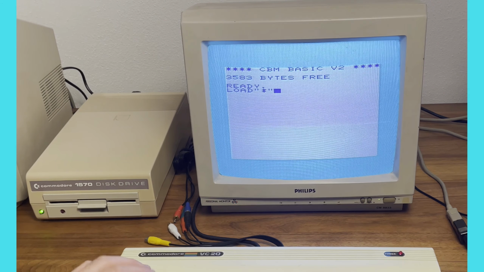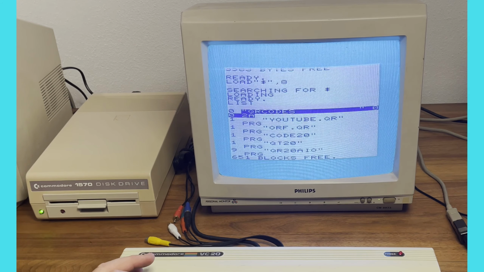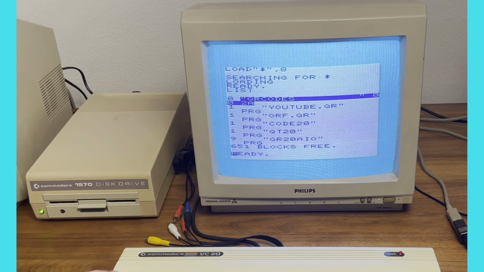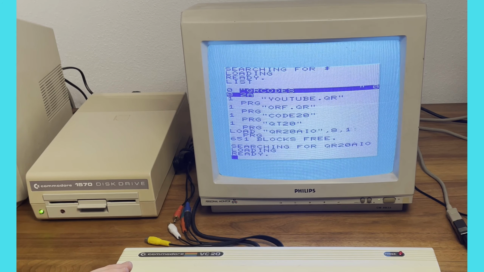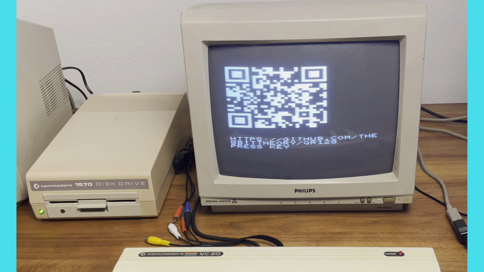Okay, now with all that, there's really only one last thing left to find out. Can an unexpanded VIC-20 with just 3.5 kilobytes of free RAM generate QR codes? To find that out, I created a dedicated all-in-one VIC-20 version of the binary, including BASIC wrapper code. And yes, it does.